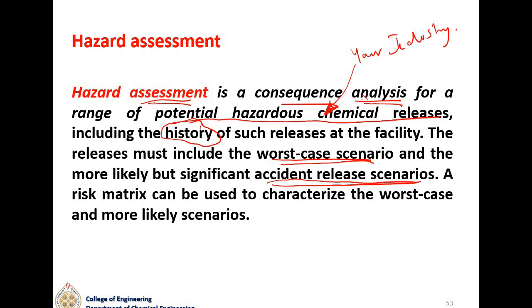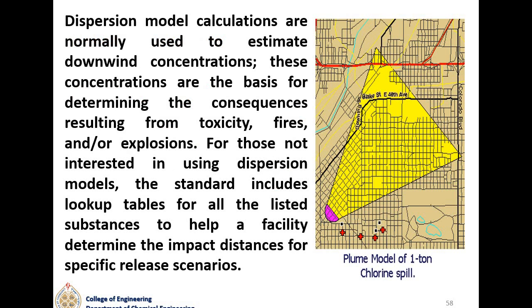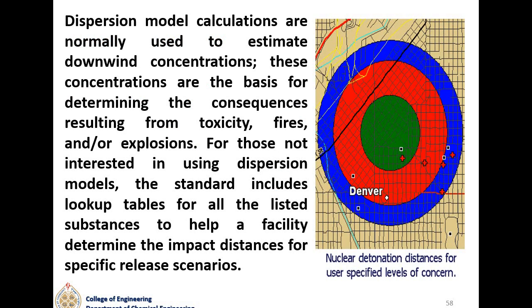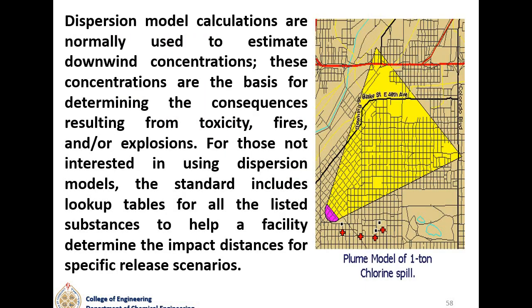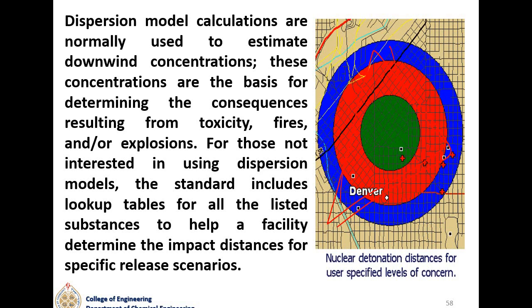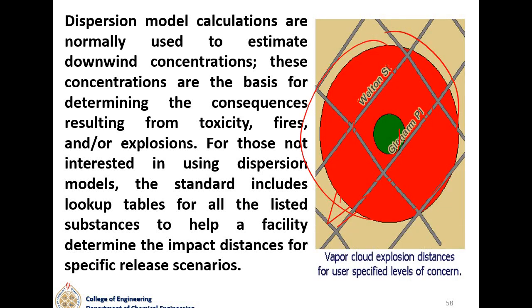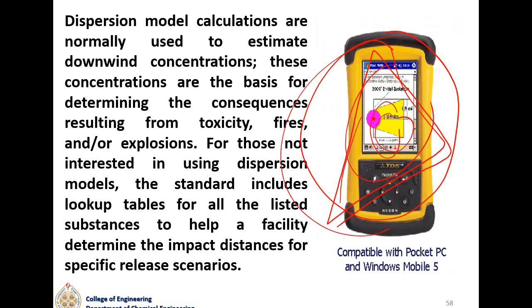So you're doing a kind of hazard assessment on all of the chemical releases. And when you do this, if you have a release, this is the area that could be affected, for example. But maybe a bigger area will be affected, or it could be only that small area, or it could be a bigger area, and so on.